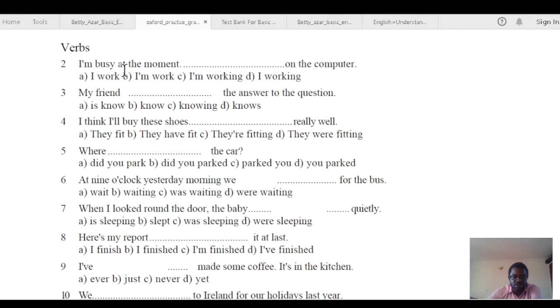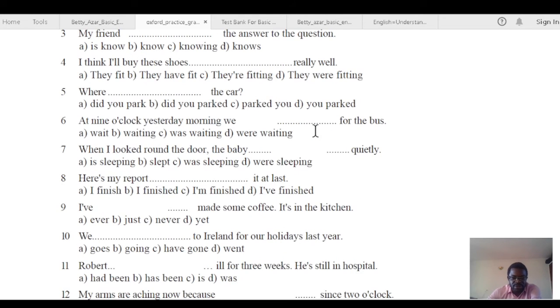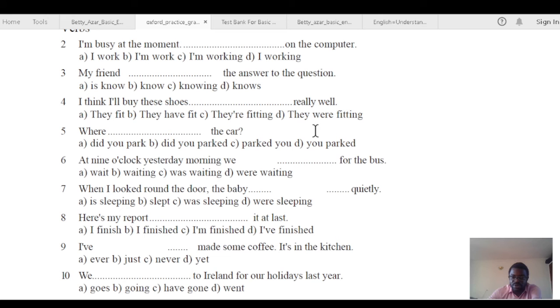So the options, you can choose from one of these: A, B, C, D. Okay, my friend dash the answer to the question. My friend is no the answer to the question. My friend know the answer to the question. My friend knowing the answer to the question. My friend knows the answer to the question. So this is about 1 to 22. That's a lot, but